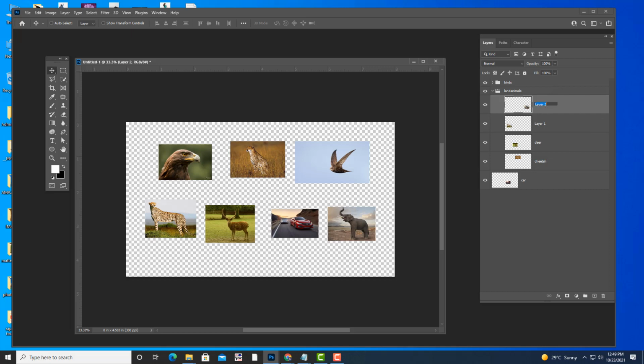And we'll give the name to that elephant, and here we will say cheetah. Okay, cheetah is already there. Yeah, it's already there. Okay, 2 cheetahs are there. I'll say second cheetah. Jaguar.